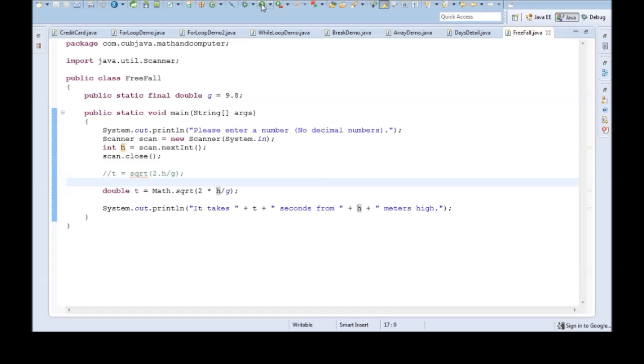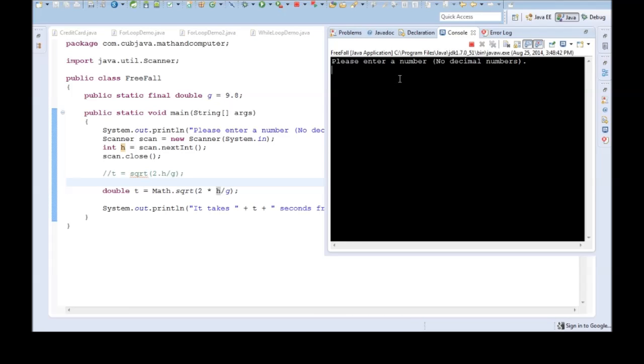But what if we wanted to find out how long it would take to fall 100 meters? No problem. We put 100 there and then enter. It says it takes 4.5 seconds from 100 meters high. Well, that's kind of odd, because if you drop something from 50 meters, it takes about 3.19 seconds. If you drop from 100 meters high, it only takes 4.5 seconds? Would it be something like 6 point something seconds? Well,